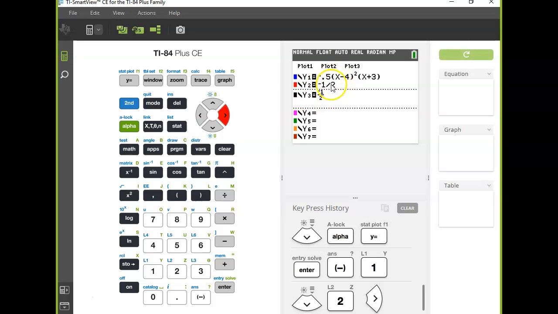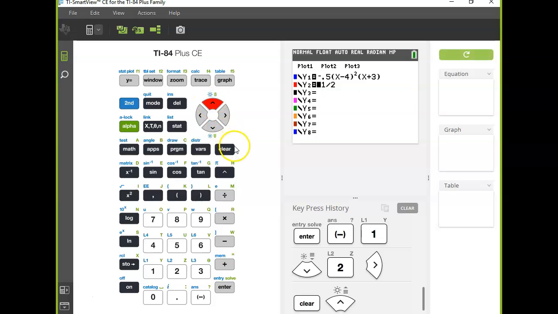So, anyways, look, there's 3 different ways that I can type 1/2 in. I don't care which one you use, just make sure it's a negative 1/2. Okay, I'm going to clear out everything but the first. Now, if we just hit graph,